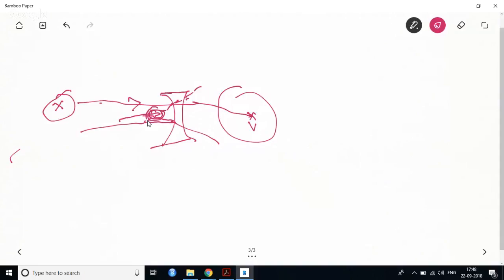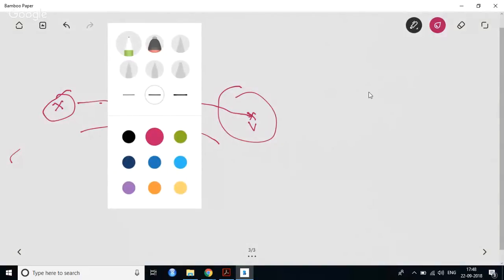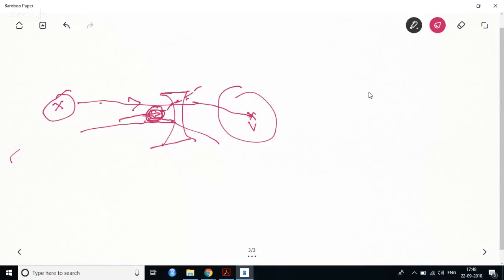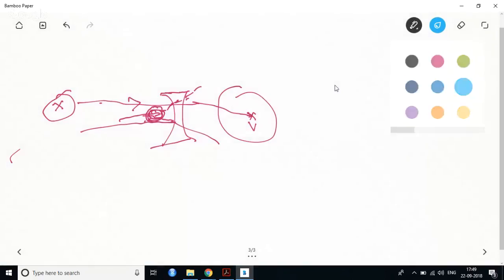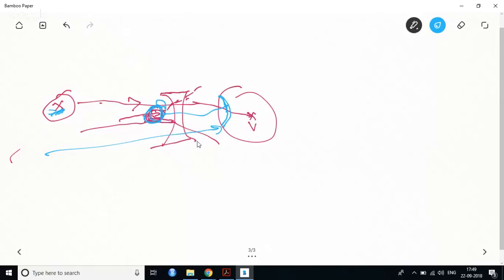Now this particular image will act as a new image for my eye lens. So the object which was very far from my eye lens, now I have made a new image with the help of the concave lens, and this new image will act as an object for my eye lens at this distance. Initially the u was this, now for my eye the u has been this.